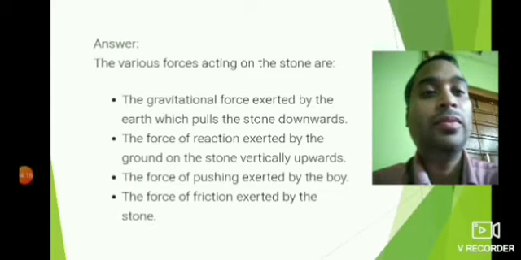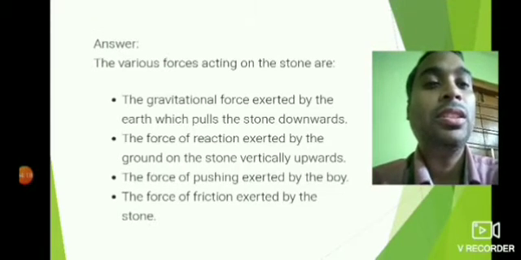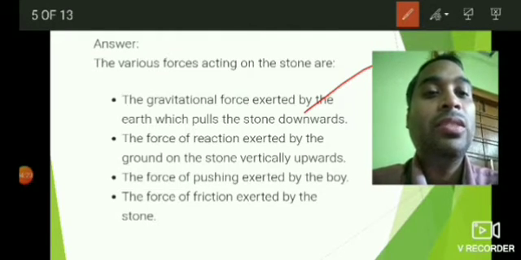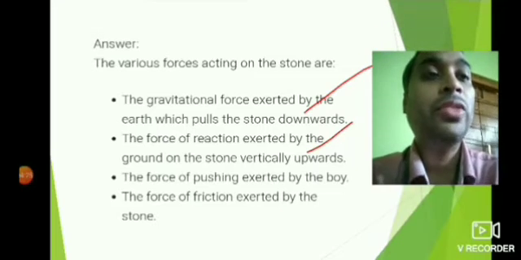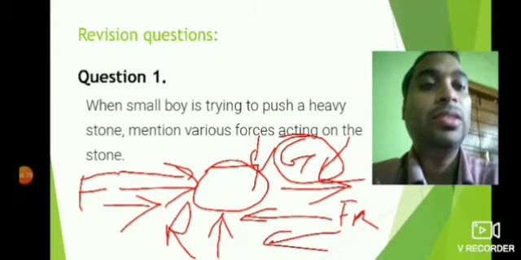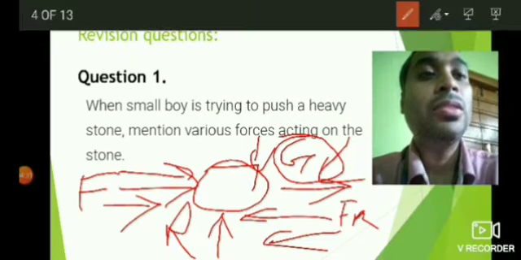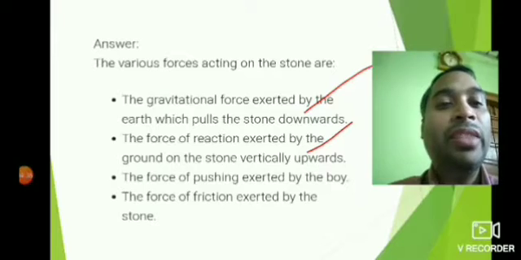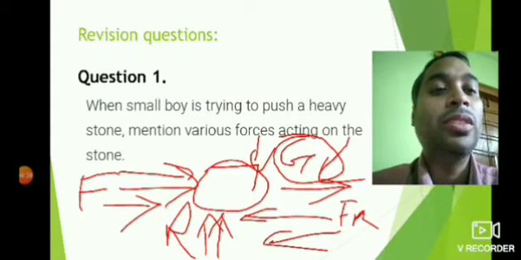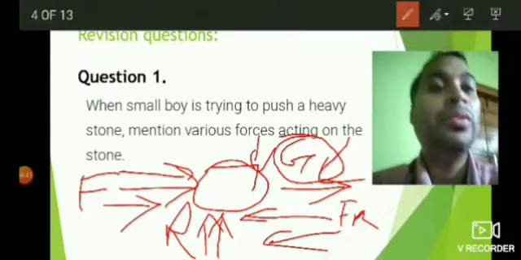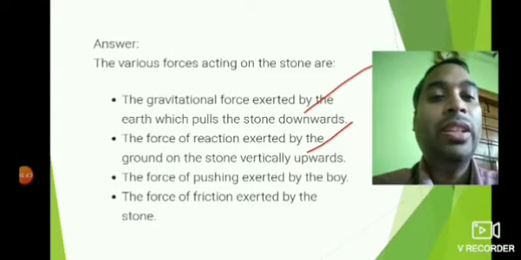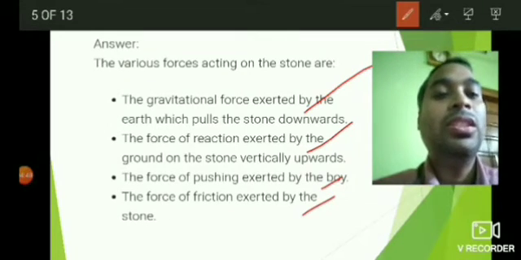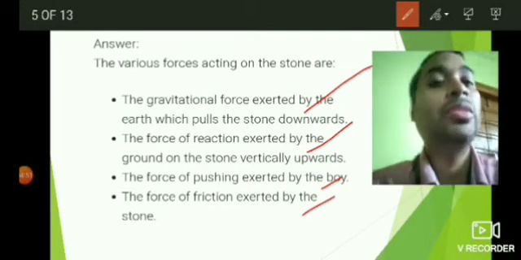So the forces are gravitational force, then force of reaction exerted by ground on the stone vertically upwards, which I have already shown you. This R is the reaction force. Then we have force of pushing exerted by the boy, so the force applied by the boy is the third one. Then we also have the force of friction. So these are the 4 different forces acting on the stone,